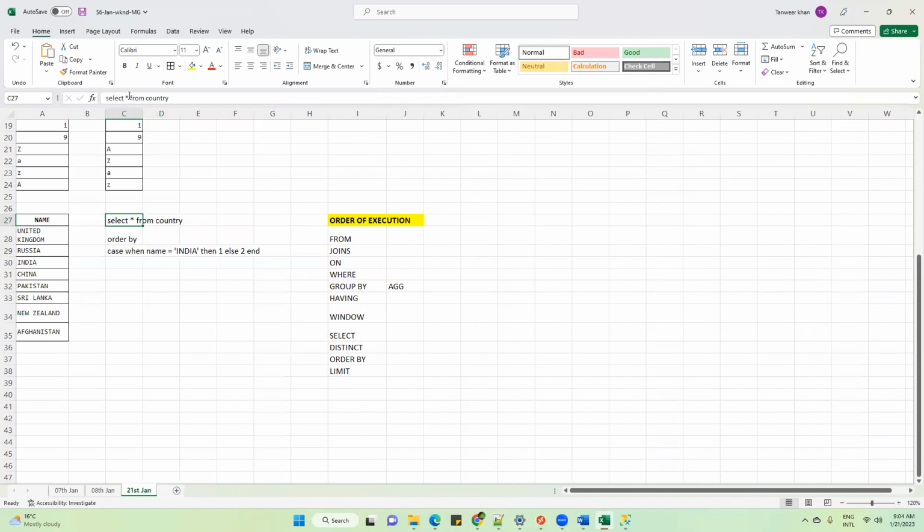So first of all, the engine will execute this part. And this is again a very common interview question: what is the SQL order of execution? So you have to tell this, but don't memorize it by heart. Don't worry, we will discuss this at least 200 to 300 times or more during the entire course. So automatically you will remember it.